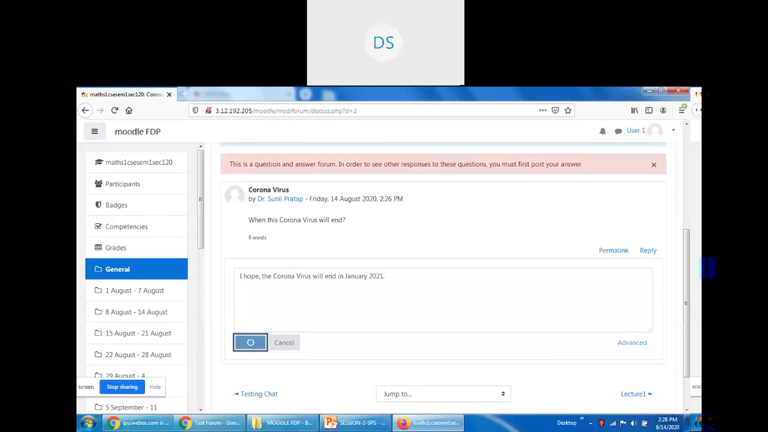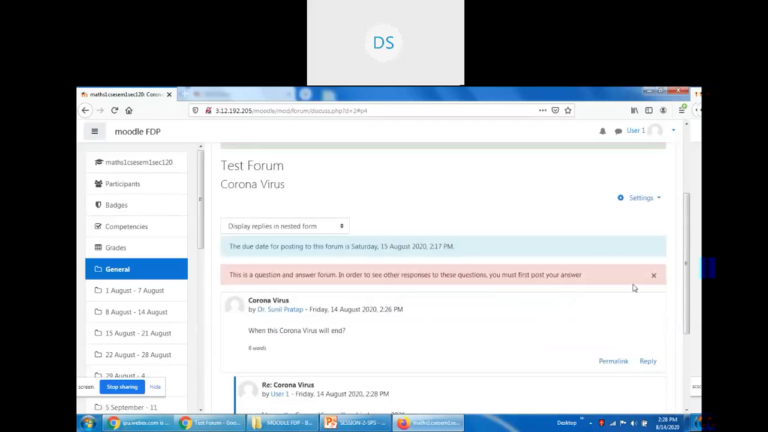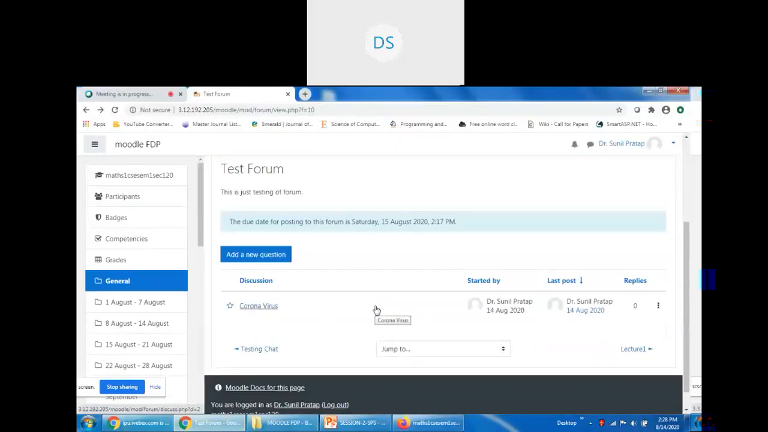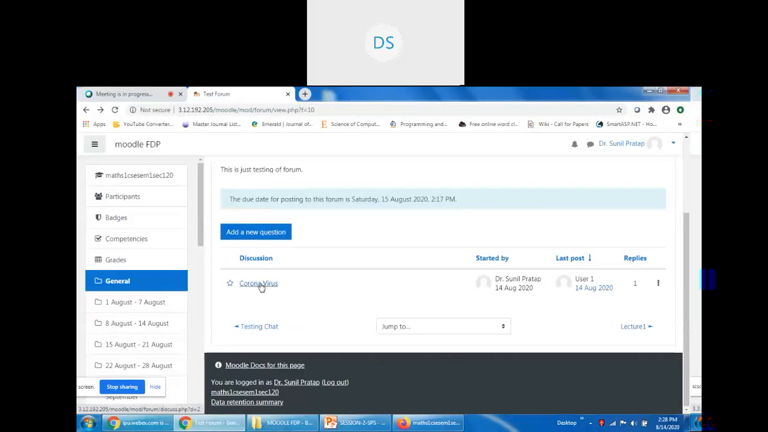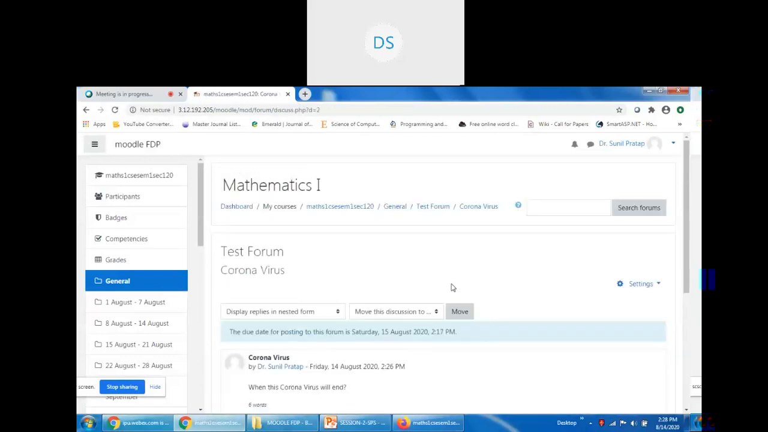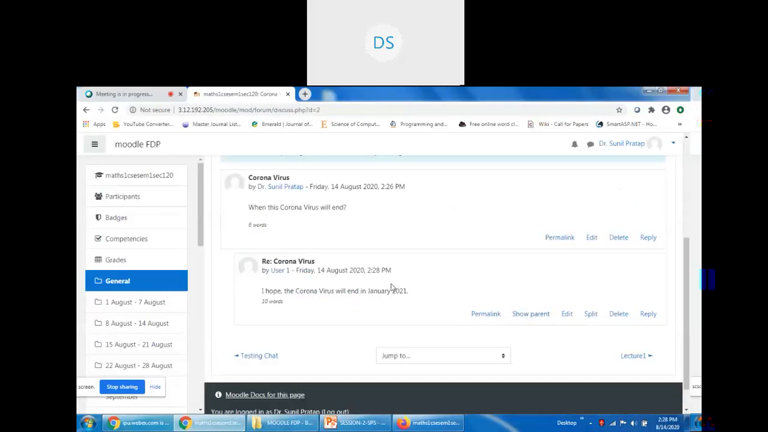Now, submitting this response. So this is the student window. Show parent, edit, delete, reply. The student can manage the forum activities. And in the teacher window, we can click on this button, and then you can see this is the teacher window,